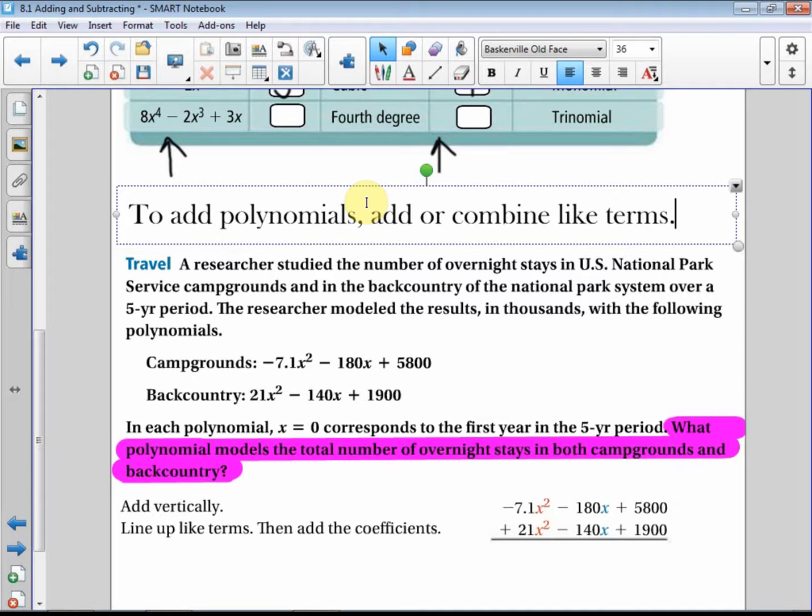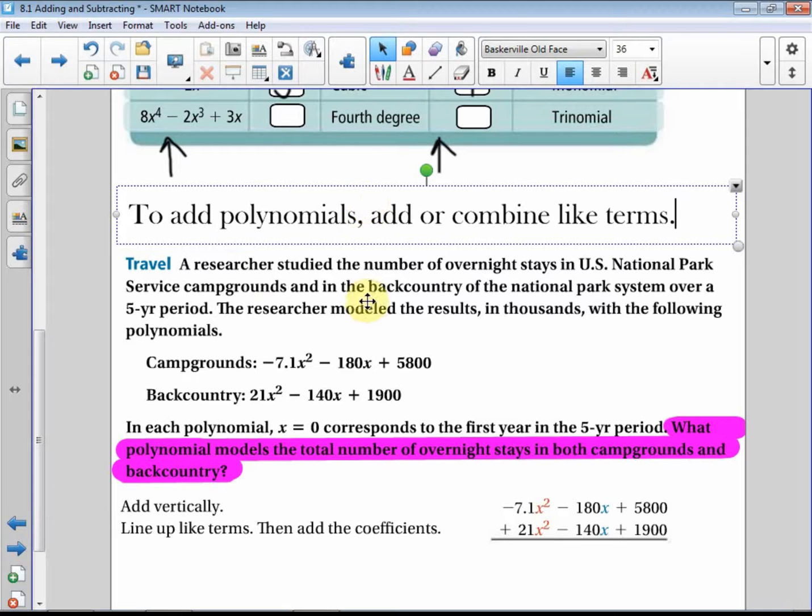So instead of writing out his research solely using numbers, there was so much of it that he decided to add variables into it. So the campground is represented by negative 7.1x squared minus 180x plus 5,800. Backcountry is represented by 21x squared minus 140x plus